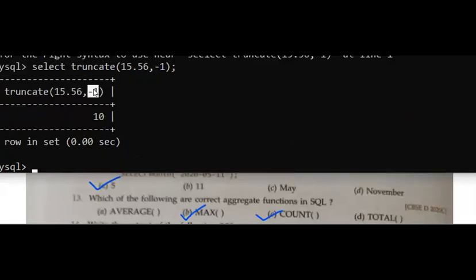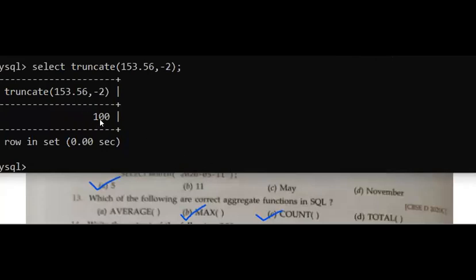What this -1 will do, you are indicating that this value has to be truncated. -1 means in the integer part, only one value is to be truncated. Truncated means it will be converted to 0. This is what we have done in the beginning also. See, if we are using 153 and we are giving -2, what will it mean? Now 53 will be truncated, meaning two values before the decimal point. So these two values will become 0. So you can see now these two values are converted to 0. Mantasha, clear this one?